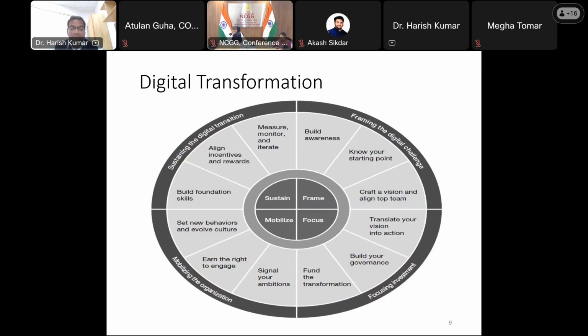The first thing is frame. That means what opportunities are available, what threats are there, where we stand in terms of our organization, our service and product offerings, and the information available to citizens. Build awareness. Whenever you start any digital transformation project, think about building awareness: how we are facing issues, and what challenges are associated with our existing processes and operations. We need to analyze that.